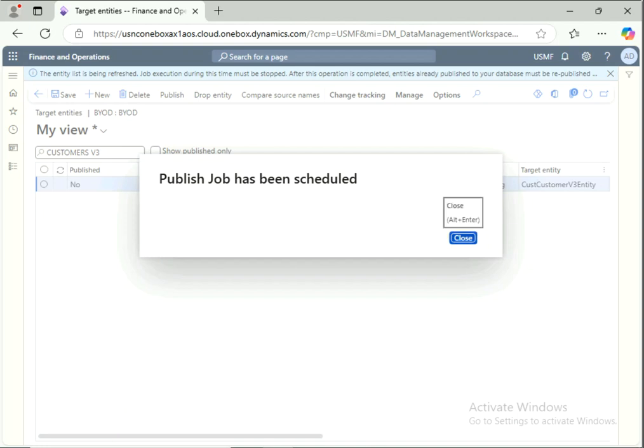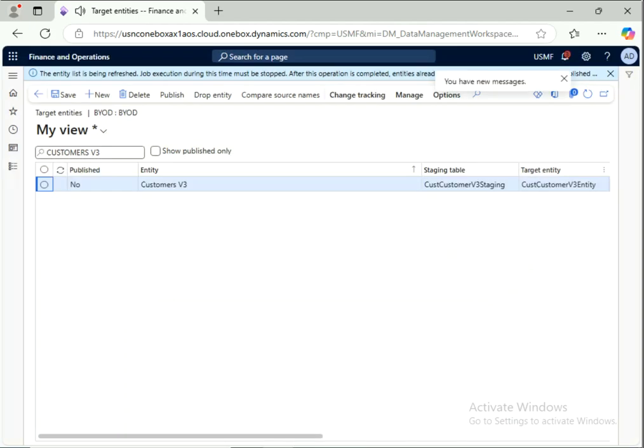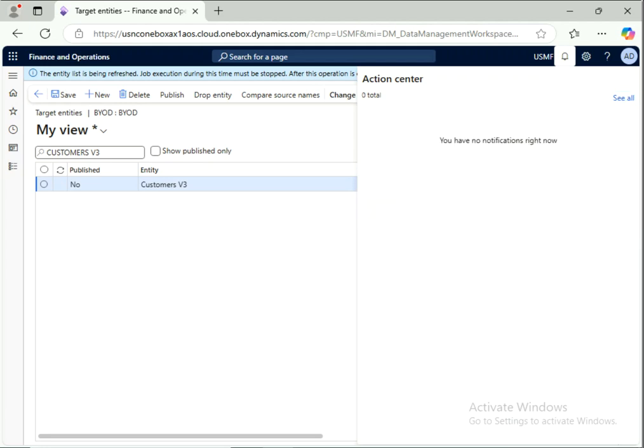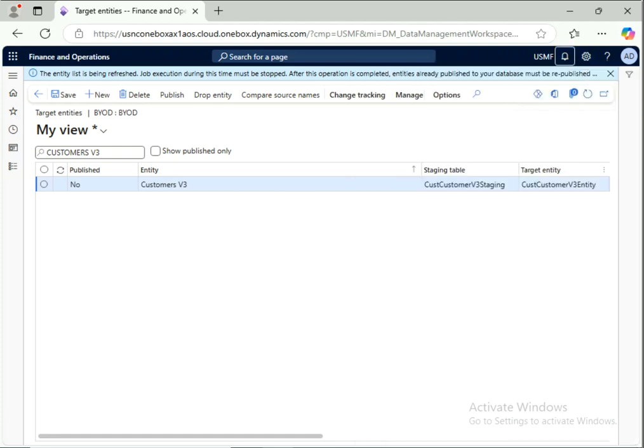So we'll wait for it. It's scheduled. It's going to run. We have a new message: Successfully published entity customers v3 to BYOD. So it means it's published already, but it's showing no here. We will see why. Maybe we need to refresh it, or maybe I will delete the